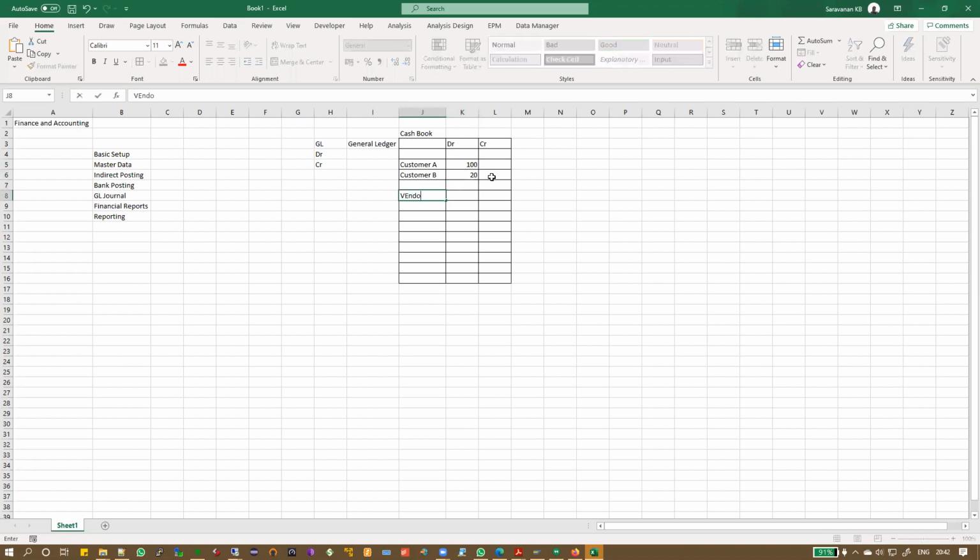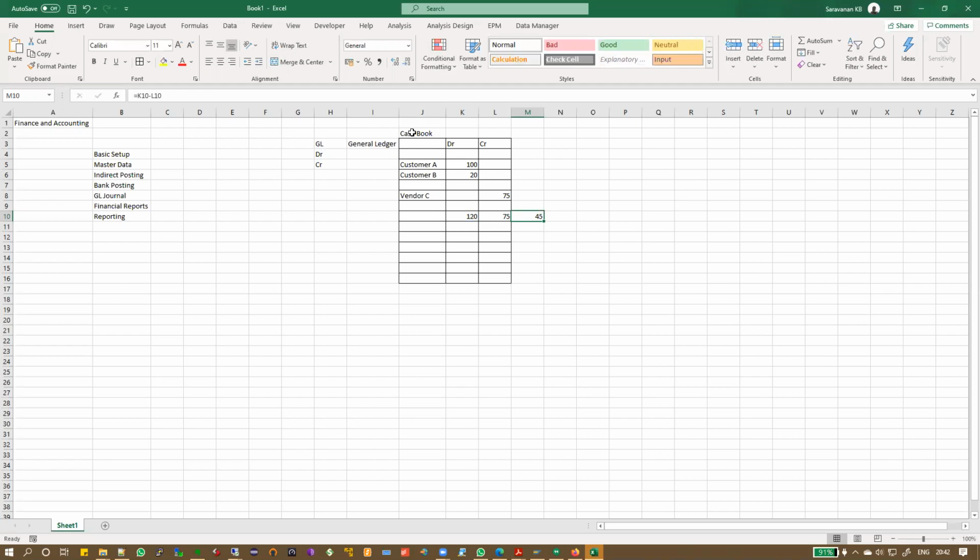Then one of your vendors came. You bought some rice or something from him, so you gave him 75 rupees. Now, at the end of the day, you got 120 rupees. Your credit was 75 rupees, that means you gave out 75 rupees. So what is your balance? That is 120 minus 75, which is 45 rupees. This should be your cash balance if you started with zero.